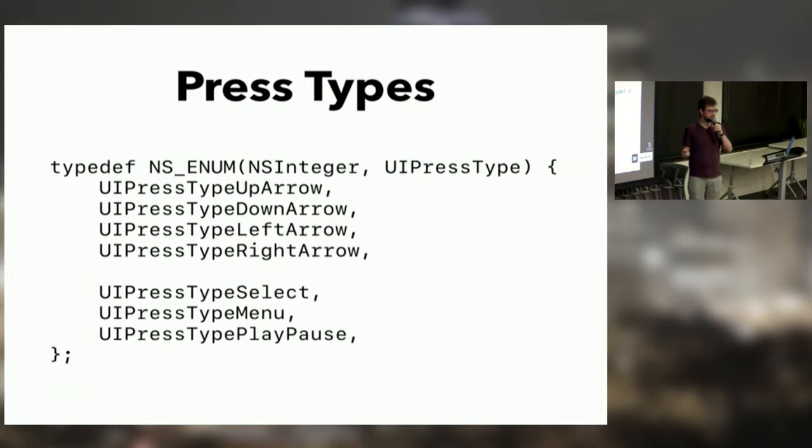Up, down, left, and right arrows. If you're using the classic Apple remote, not the Siri remote, the one that they've had for a while, up, down, left, and right map to those presses on those buttons directly. On the Siri remote, the new remote, a light tap on the top, bottom, left, or right of the remote, just like a gentle tap, also equates to these. So they are still used even in the newer remote. And then you can also get taps on the select button, which is clicking the trackpad down in the middle, the menu button, or the play pause button. Volume buttons, the home button, and the Siri button are all reserved. You can't use them. There might be a private API for that, but I haven't fiddled with it.